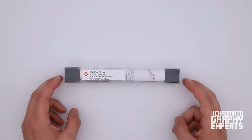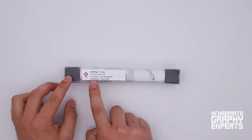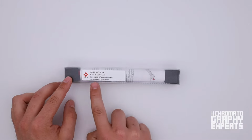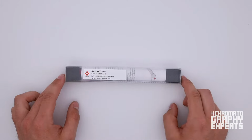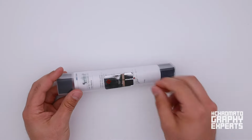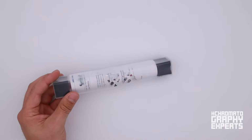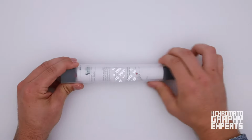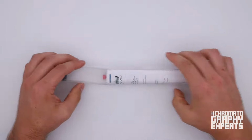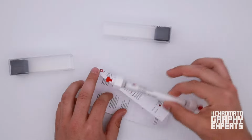Now for the 5 milliliter columns, they all come in individual boxes, and on the box you can read the name of this column, the dimension, the product number, serial number, and also the product name of the resin that is used in this column. You can also see the column comes with a void seal, so you can see this column has never been opened, and when you remove the seal, you see that it gets void, so you know you got a new column. Then we just take apart the 2 housings, and on the inside we again have our column